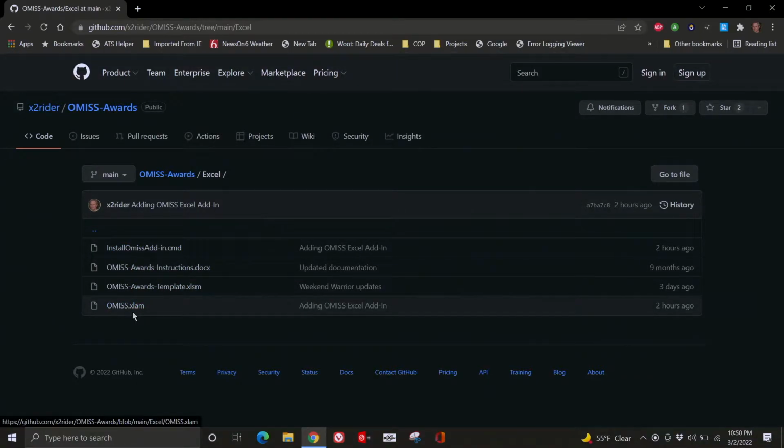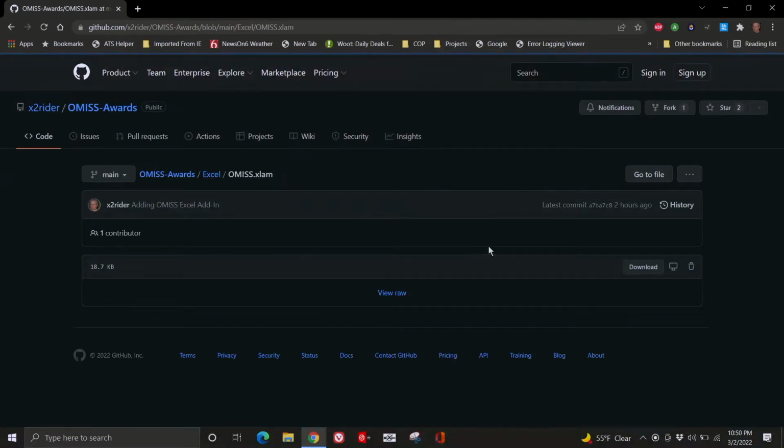One is the OMISS Excel Add In file. That's the plugin. And I threw this little file here to help you install it. The fact that it's a command file, it's kind of a pain to download, but I'll walk you through it. So we'll click on the Excel Add In file,